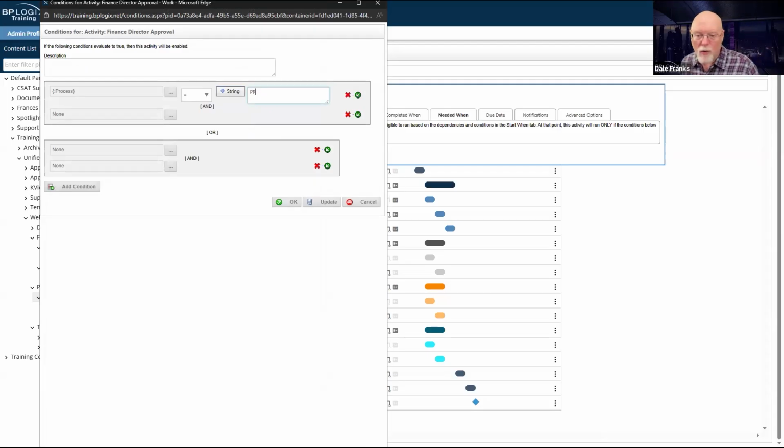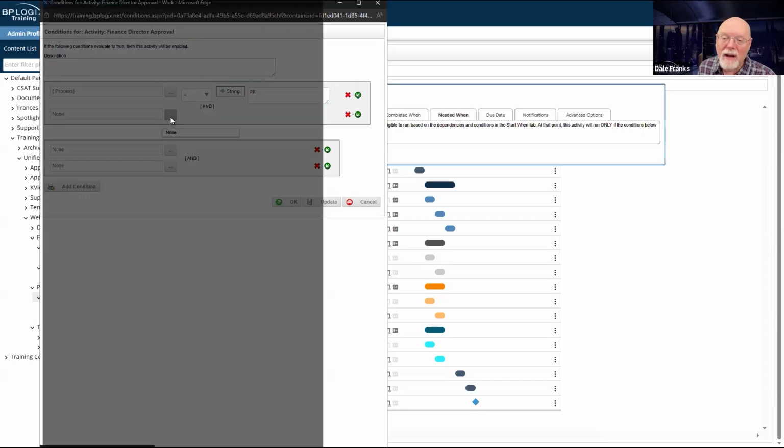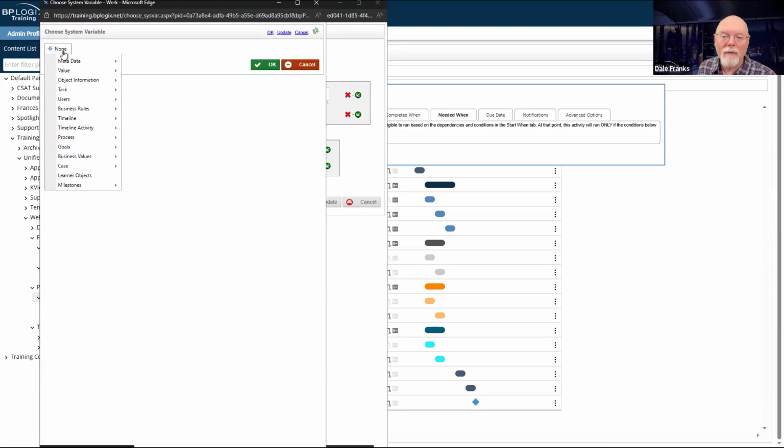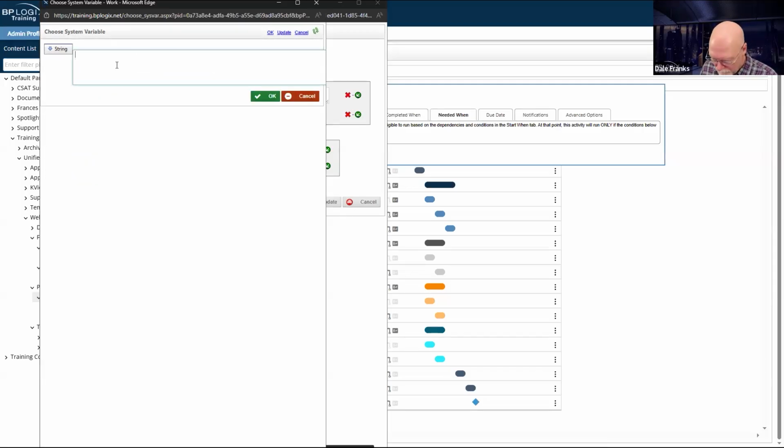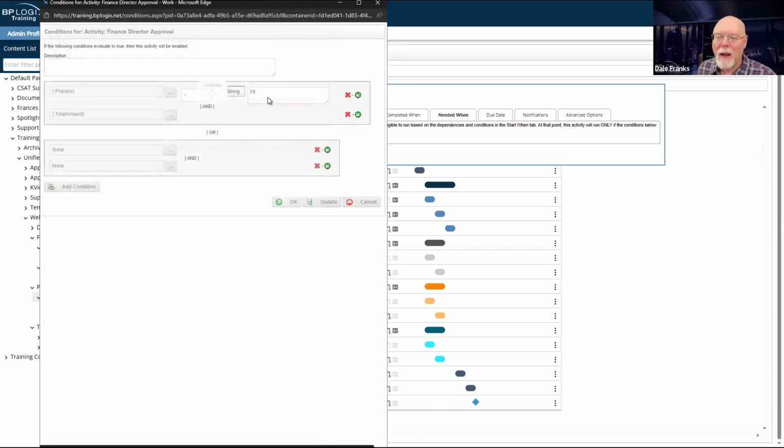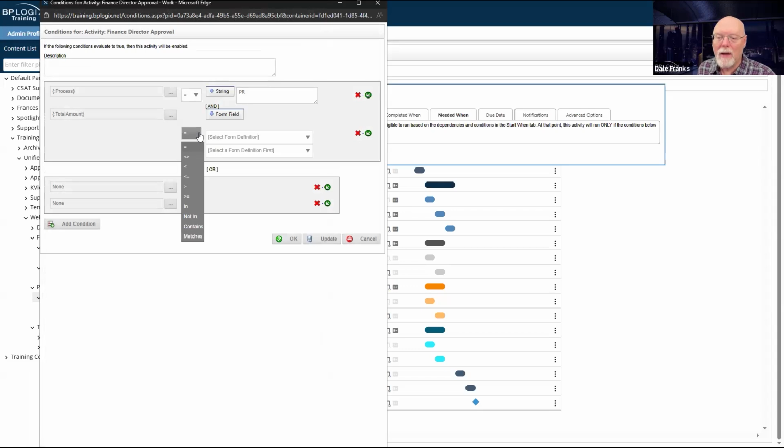So if it's a purchase request, so if process is PR, and this is where my total amount field comes in. So once again, we're going to have to use the system variable. Total amount. Good thing I saved that. Total amount is greater than,